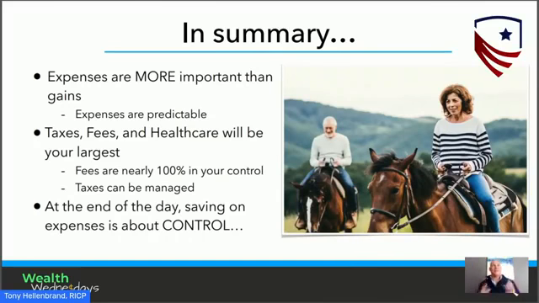And I know that a lot of people, that kind of knocks them back off their seat a little bit, but expenses are predictable. We can predict what your tax return is going to look like this year. We can't predict what the market's going to do. We actually know to the penny what your expenses are going to be in a fund. But again, we have no idea what the market's going to do this year.